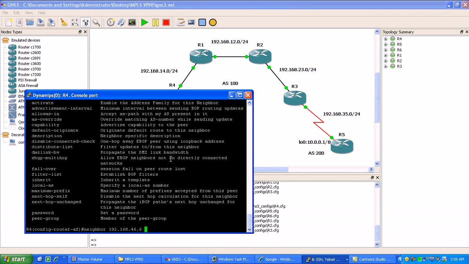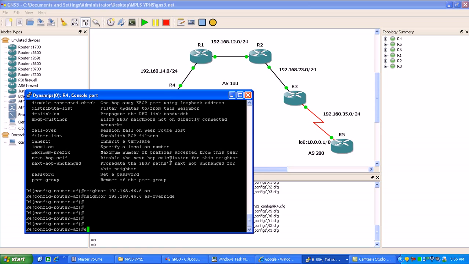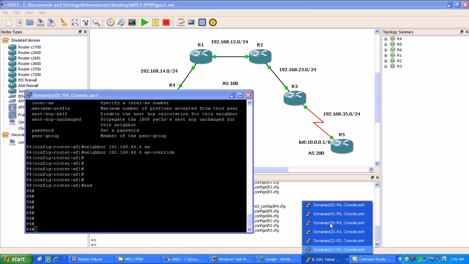Again, we're going to point to our external BGP neighbor, the customer edge, which in this case is router 6, and then we're going to push this command, which is AS override. And that should be it. So now if we go to router 6